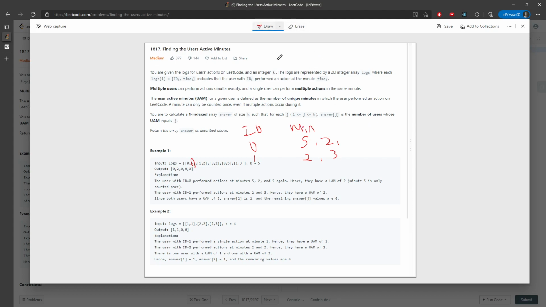And for every single ID, this is the size of 2, right? So when you want to return a value, you have an int array of size k, starting from 1 to k, right? And then this is the size of 2, right? So it's going to be